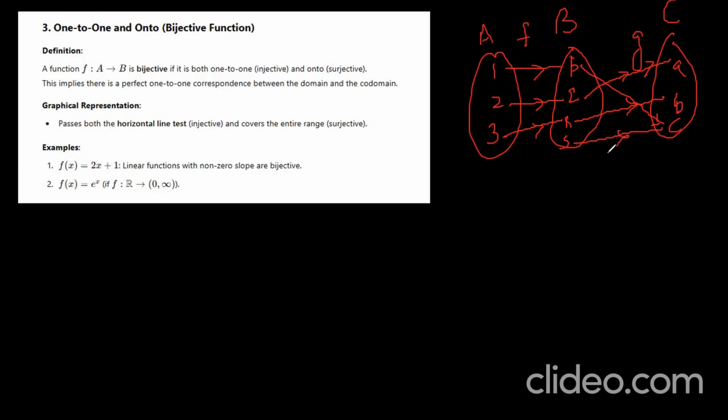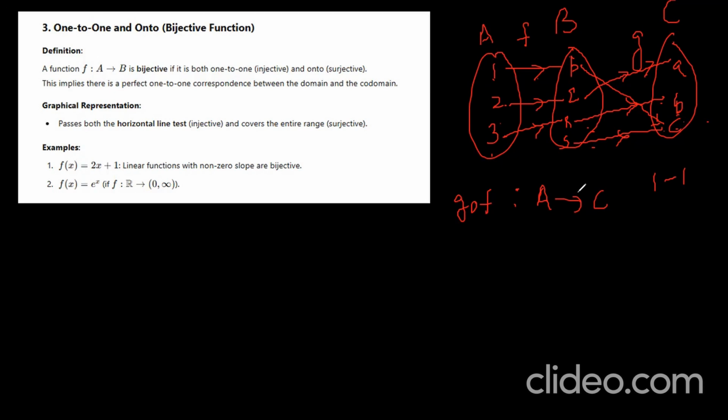Now you see G circle F, that is A into C. I am observing A into C is 1 to 1, right? n of A is equal to n of B, and all the things are possible. F maps A into B is 1 to 1, but G maps B into C is not 1 to 1, right? This is not 1 to 1, since P and S both map to C.